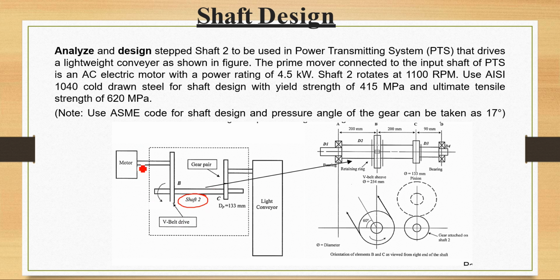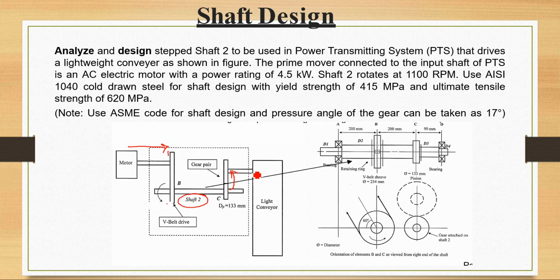So what happens is you have a motor that serves as the drive source for the power. The power comes here, passes through a pulley V belt, then transfers to shaft 2. Shaft 2 contains a pinion gear. This gear transmits the power to the bigger gear, and the bigger gear's shaft is connected to a light conveyor. So the idea of this kind of assembly is that in case of conveyor belts,